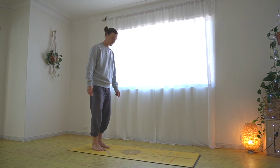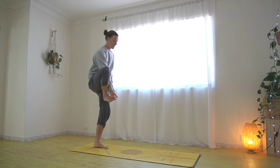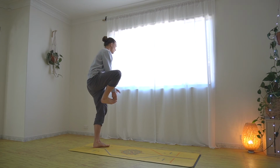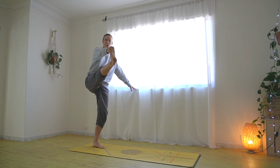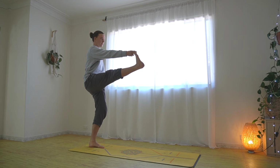We got one more. The next one, we're gonna grab our big toe on the right leg and trying to straighten the leg up. Now, if the leg is not fully straight, that's fine. If you're really wobbly, stand next to the wall. Hold the chair, hold the wall. But if you can, stay there, balancing,